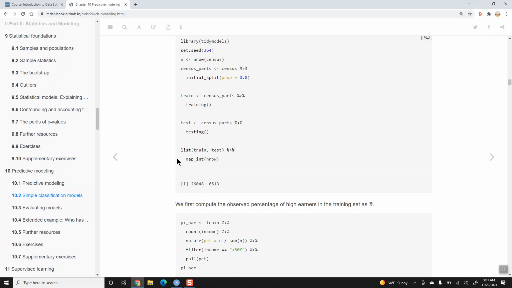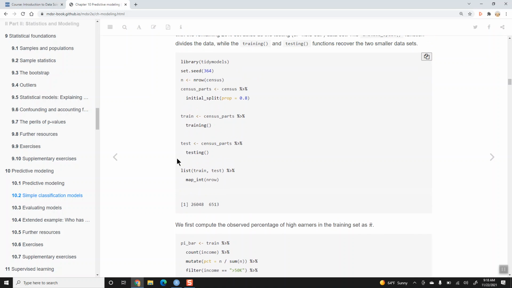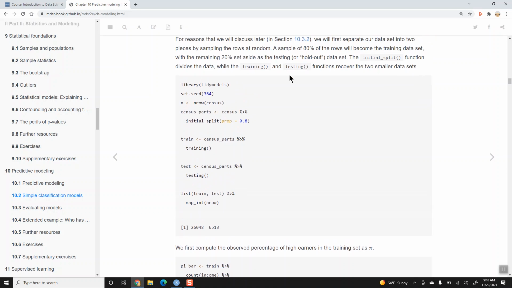If you show them an old picture that you've already seen, then that person just might be using memory, right? They might just be recalling what they've already seen. And so here, an important idea is this concept of a testing set or a holdout set, okay? And so what are we doing? We are going to take,